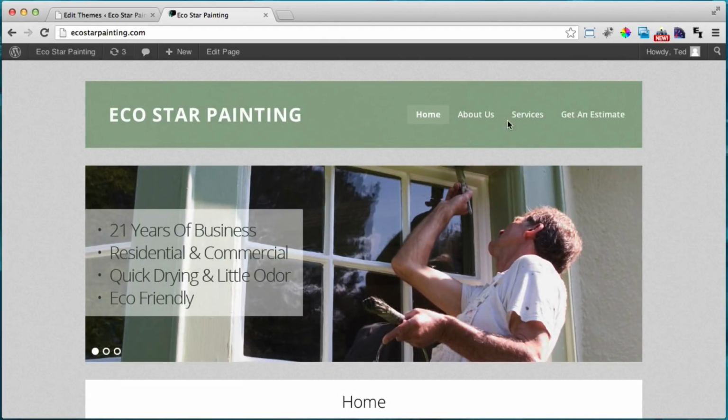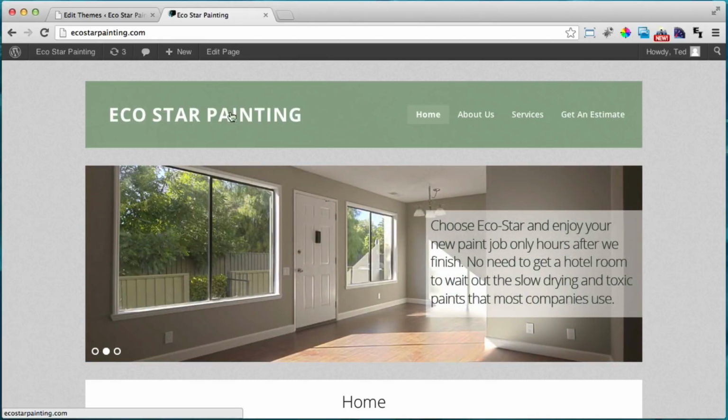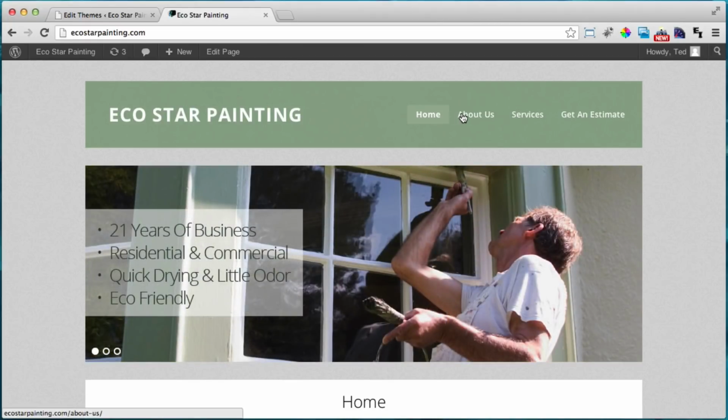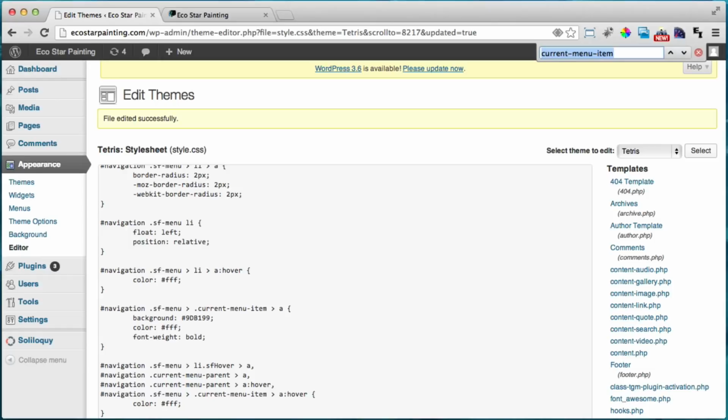Alright, so that looks pretty good. It's not a dark green, it's a light green. And there's one more thing I want to change up here, which is when you hover over these links, I want them to change color. I want them to darken a little bit just to give this website a little more action or make it a little more alive. So let's do that by going to the theme editor and then hitting Command or Control